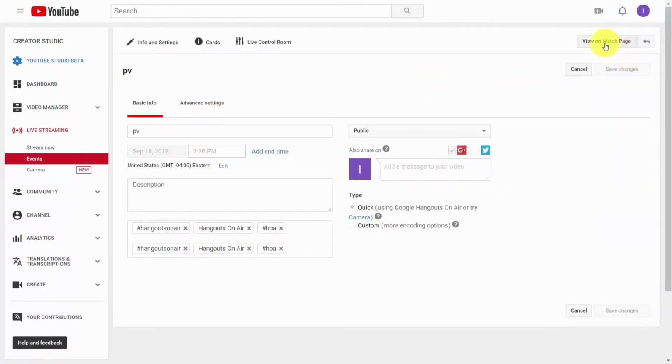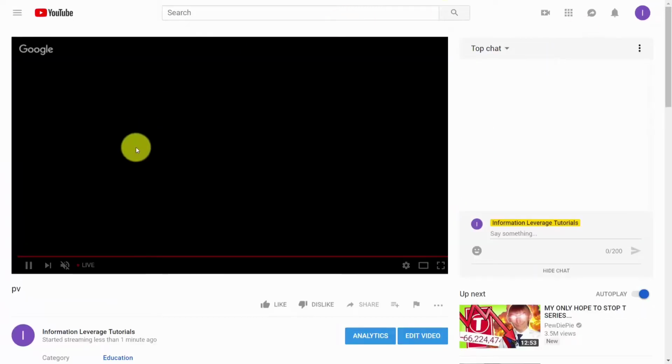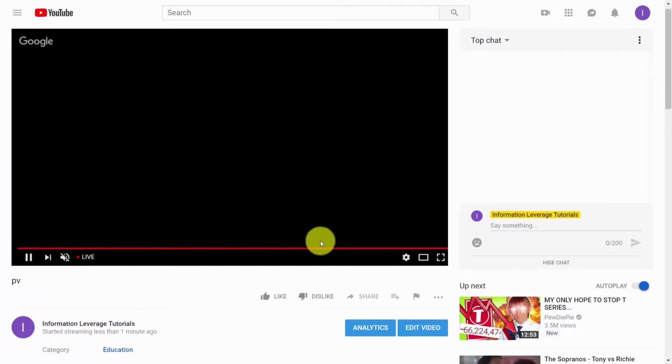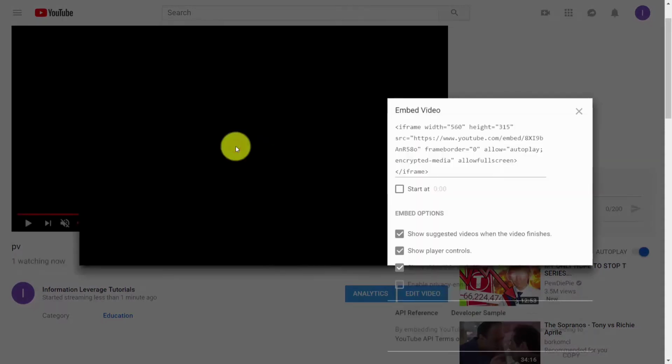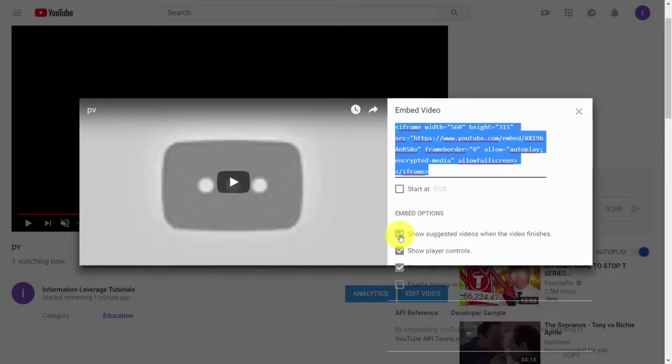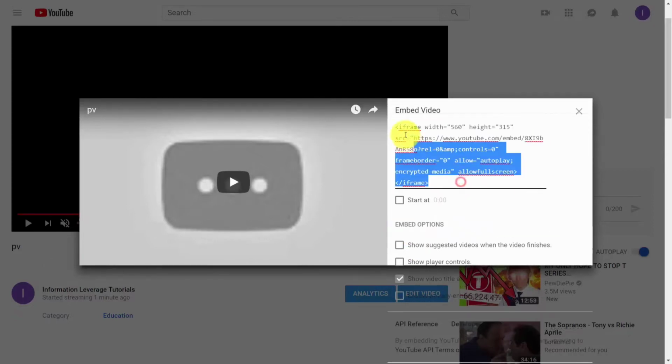And we can then click view on watch page. And you'll notice then that our stream is live here. And what we would do then is we would then go to the share button. We would then click the embed button. We can then take care of the embed options. Grab the code,